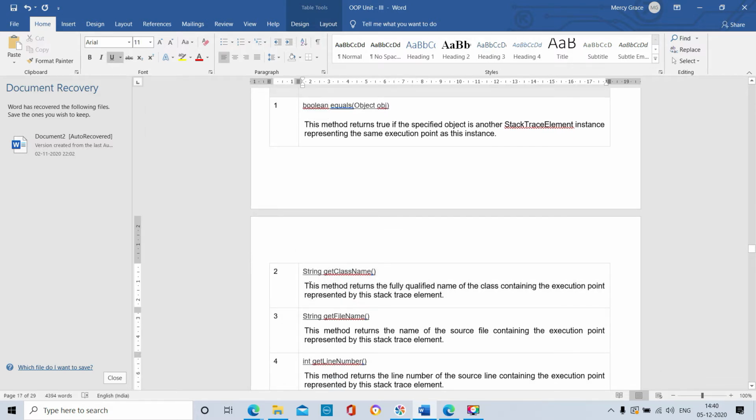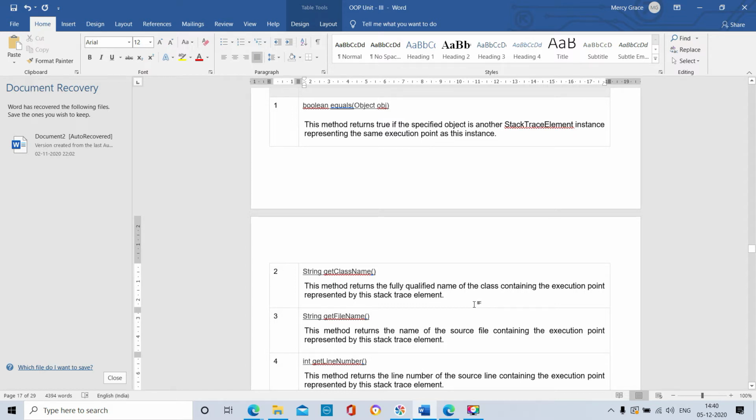This method returns the fully qualified name of the class containing the execution point represented by this StackTraceElement. StackTraceElement is the class supported for stack operations, stack based methods.